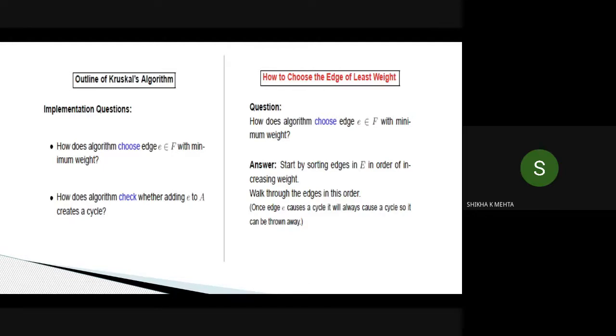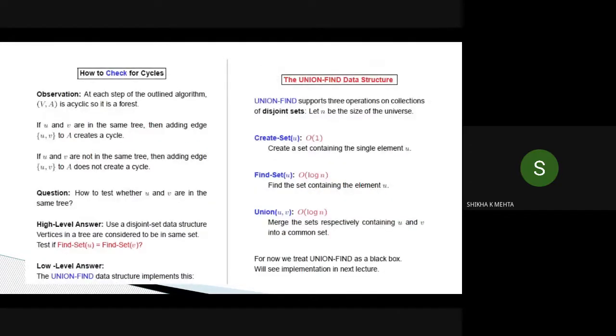Then how does the algorithm check whether adding e to A creates a cycle? We said that for sorting, we sorted all the edges as per their weights. Now how do we check whether it creates a cycle or not? For checking whether this particular edge will create a cycle or not,